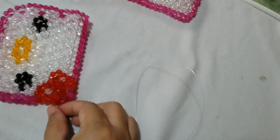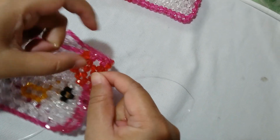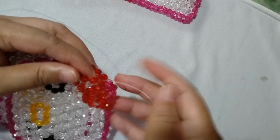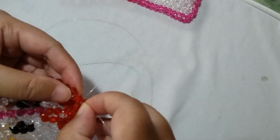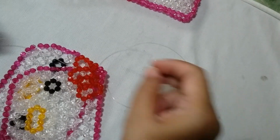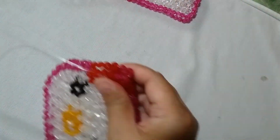Okay, so now that I have passed one of the strings back to this cluster of 6, we're going to join the 2 cheeks by inserting the lower string through these 2 adjacent red beads, and also for the upper part. And if you have a crooked end like this, you can just cut it slanted so that it will pass through easily. So insert it through these 2 adjacent red beads,